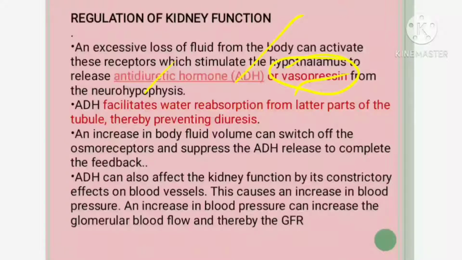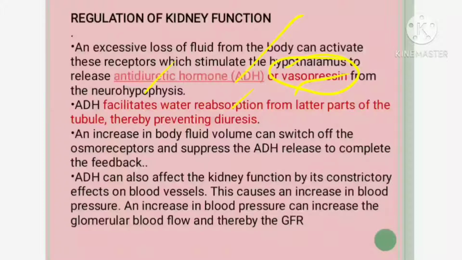Now, when this vasopressin-loaded blood is moving, immediately it goes and tells the kidney to reabsorb the water. In case the water has left the Bowman's capsule and has reached the tubules, from the tubules it will be reabsorbed. Reabsorbed means they will take back the water. So, how is the glomerular filtration rate increasing, how much filtrate is produced and then how much is reabsorbed, how is it taking place?